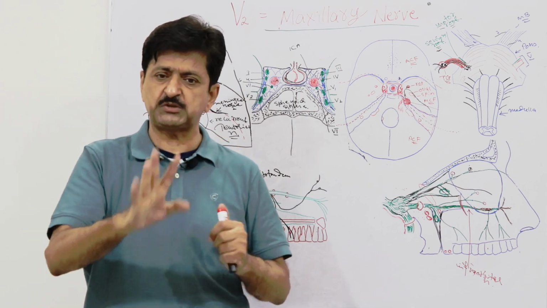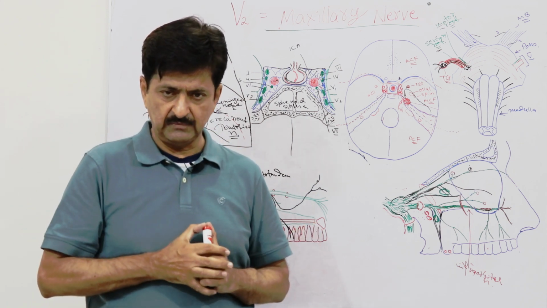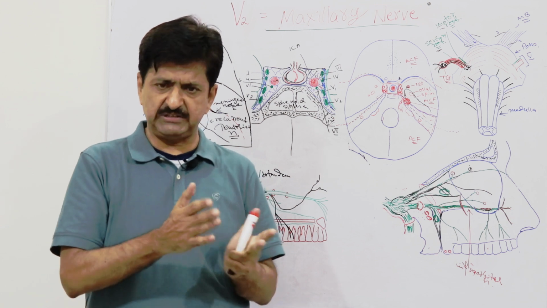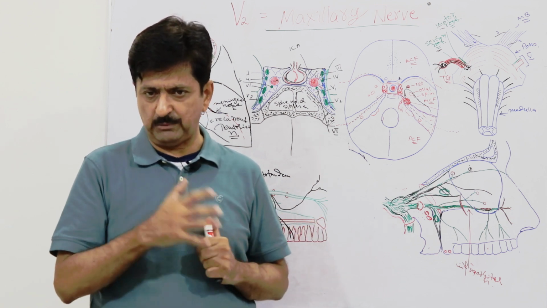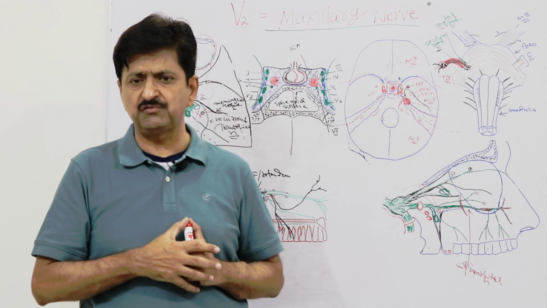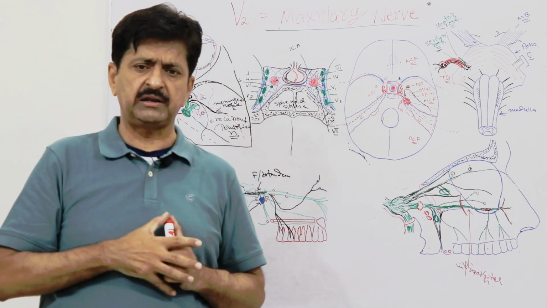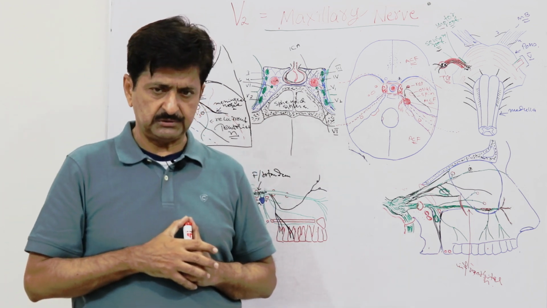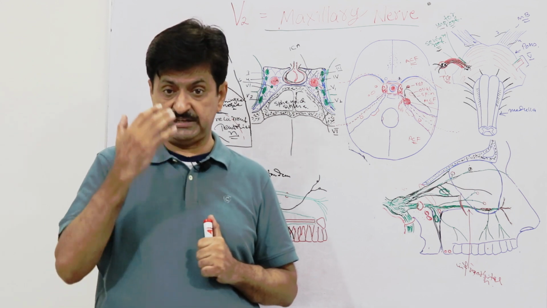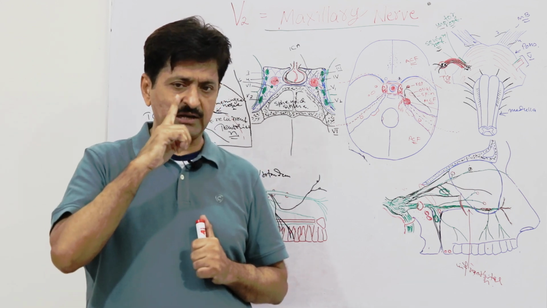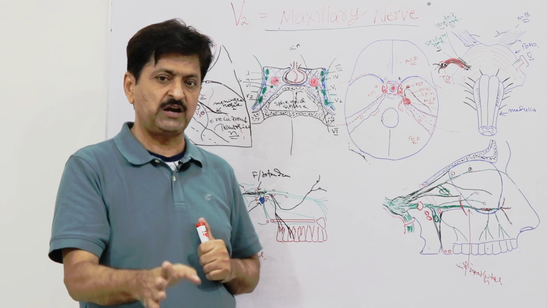Additionally, it can carry others, but it doesn't carry any other motor fibers at all. Though we have general visceral efferent autonomic fibers also, she is not carrying any autonomic fibers. We have general somatic efferent fibers for the highly skilled muscles, but highly skilled muscles are only specified for